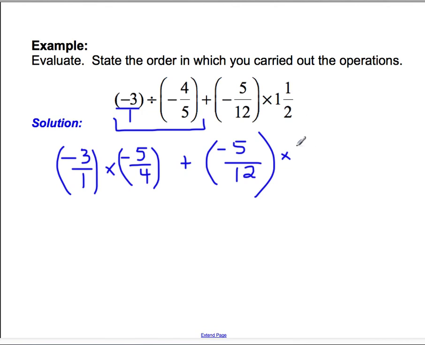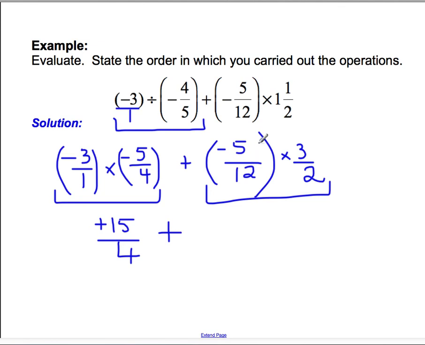2, 1, 3 to mixed already because we have to change it anyway. So might as well do it in this step. So let's do both my multiplications at the same time. We have to keep them separate, but let's just do them at the same time. So there's nothing I can cross cancel here. So it's going to be positive 15 over 4